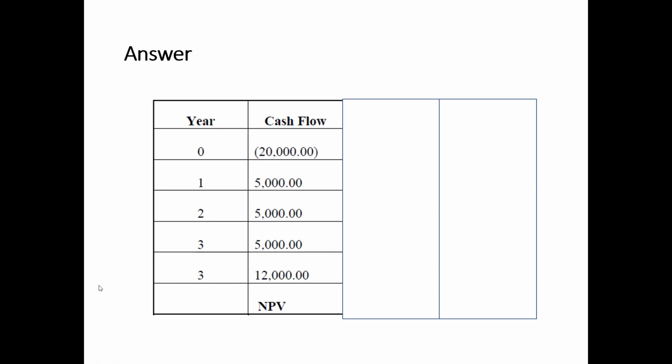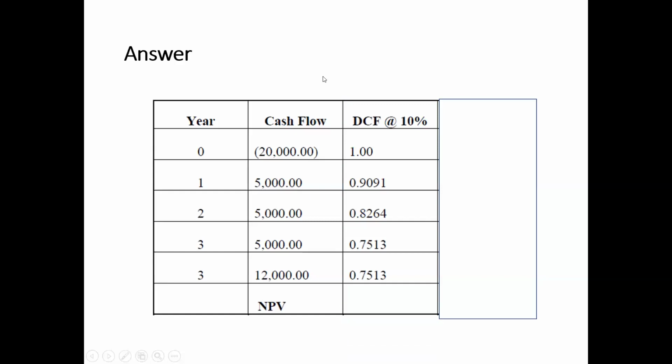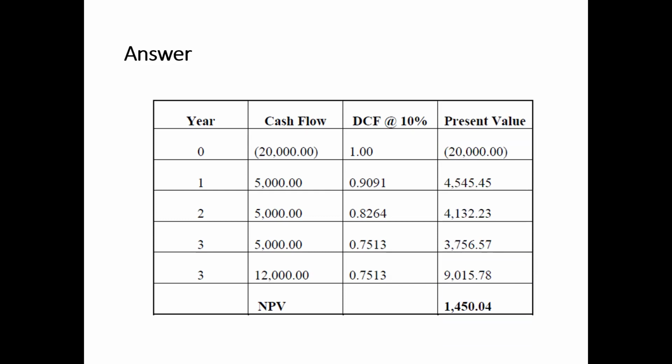The next one is we are going to put the discount factor for 10%. Now, what we are going to do is calculate the present value. Present value is cash flow into the discount factor. So, the net present value is